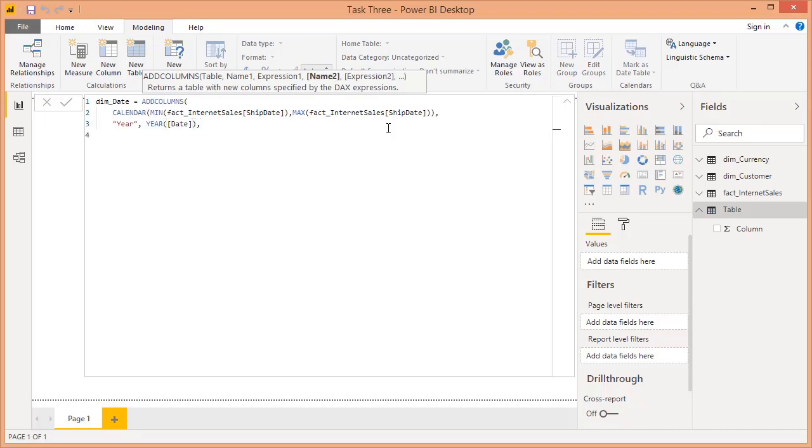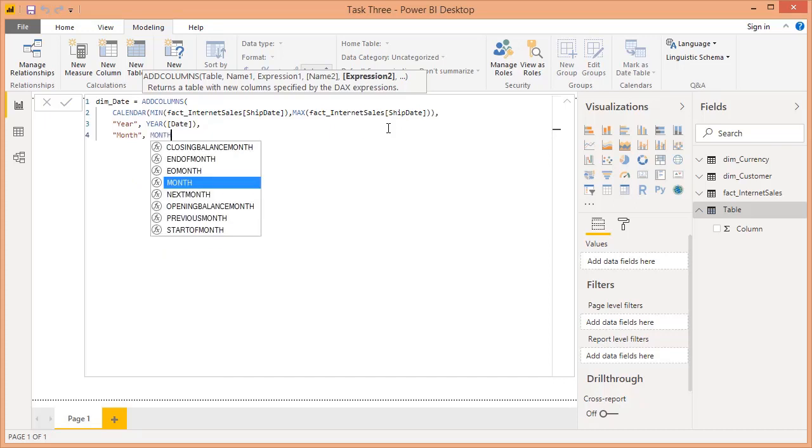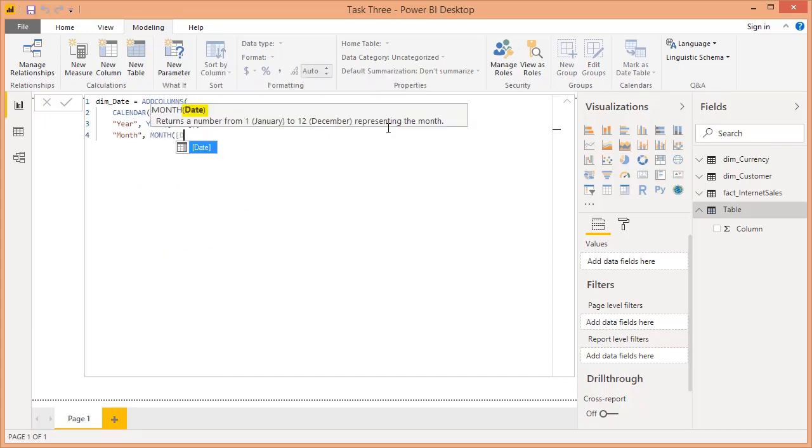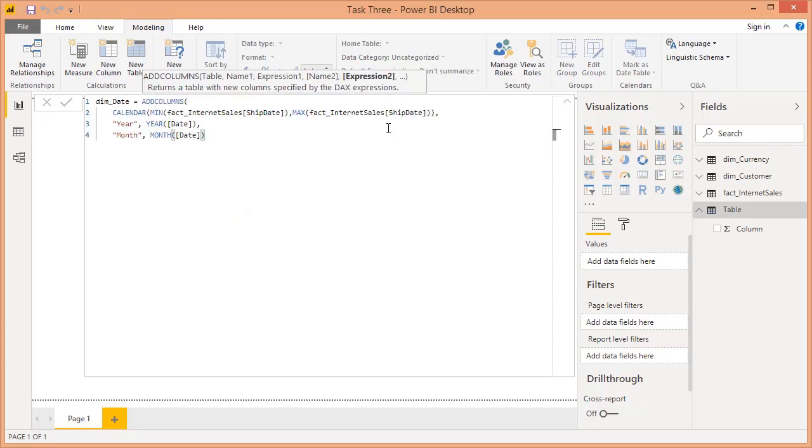Now we've got date and year. Next thing we want to do is add month. So typing in month, okay, comma. Again, we'll be using the month function that's built in within DAX, calling out the date. Okay, that is perfect. So next thing we want to do is hit another comma and move on to a